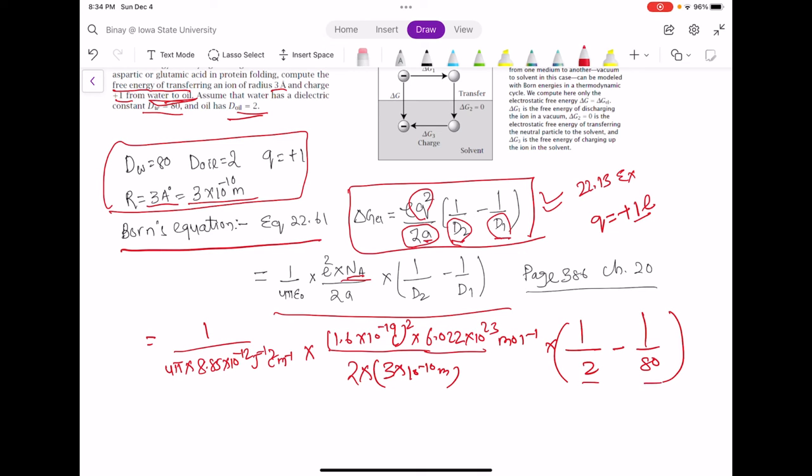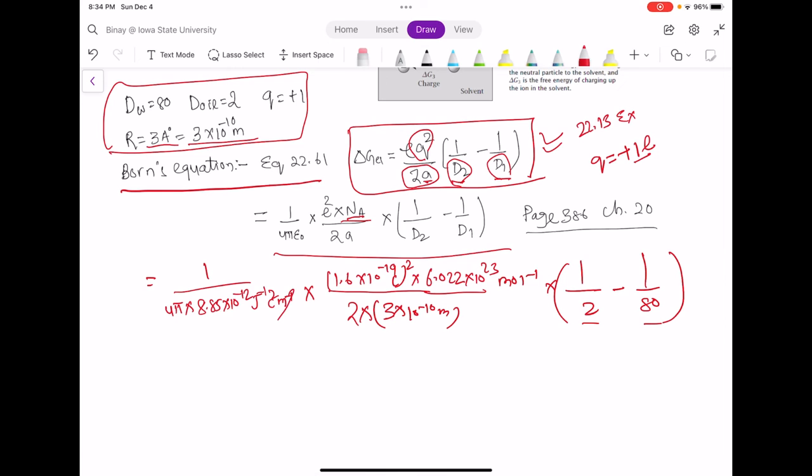These are unitless because the dielectric constants are ratios. So the meter inverse, meter gets cancelled, coulomb square gets cancelled, and if you input this in a calculator, we will end up with something like